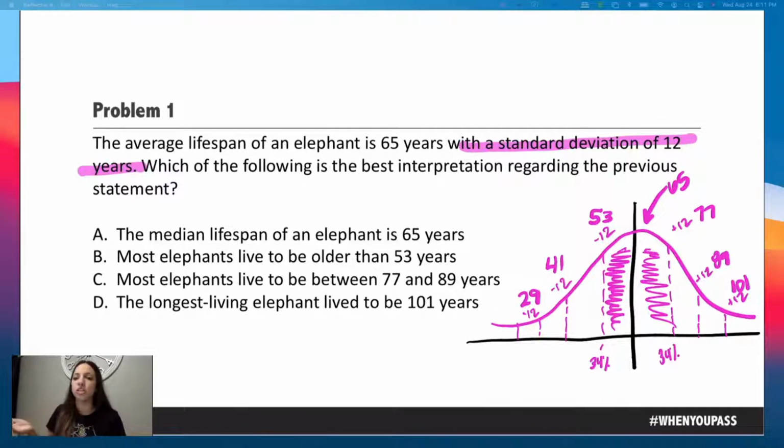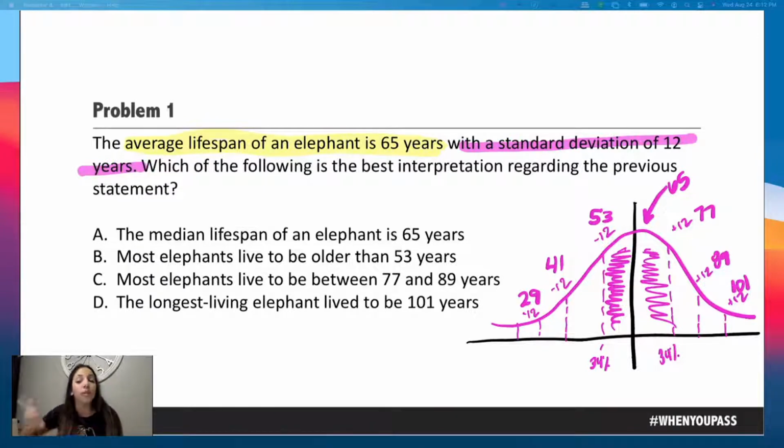So I actually need to correct myself. From the beginning of this video, I said that that black line is the median. It is not. It is the mean. It is the average. That's why I erased it. We don't know the median of the elephant. They gave us the average, but we don't know what the actual median is. They didn't give us any data, so I can't figure out the median or the mode or the range.